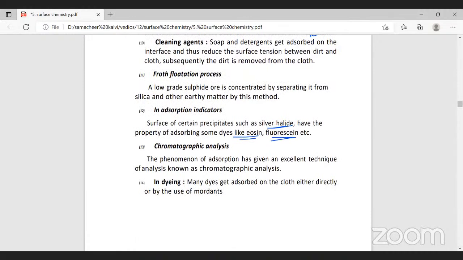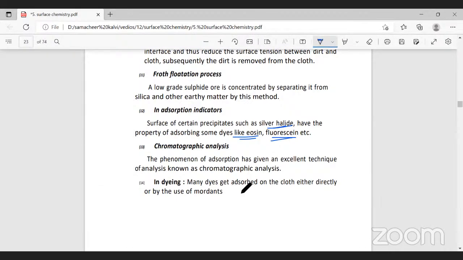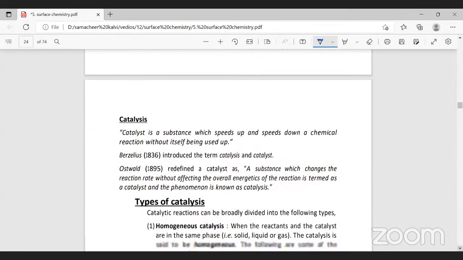Chromatographic analysis. Chromatography is a separation technique. It's an instrumentation process. The phenomenon of adsorption has given an excellent technique of analysis known as chromatographic analysis. In dyeing, many dyes get adsorbed on the cloth, either directly or by the use of mordants. So these are the applications of